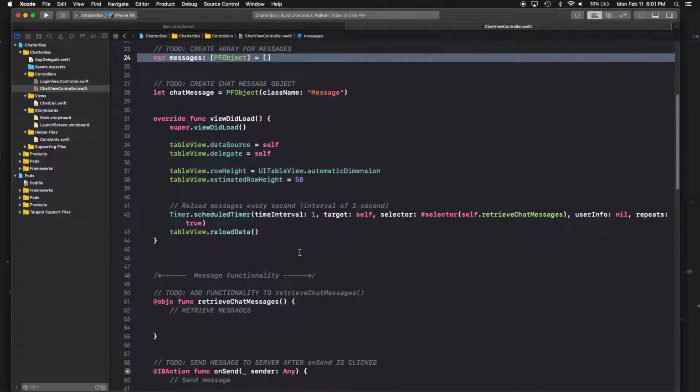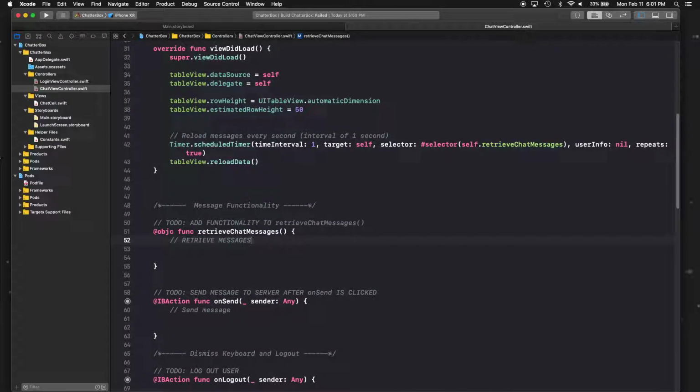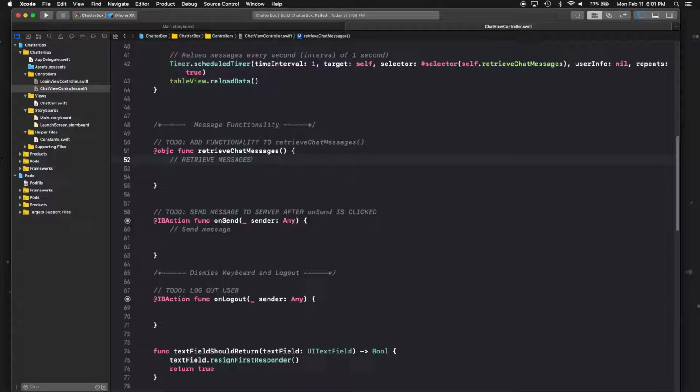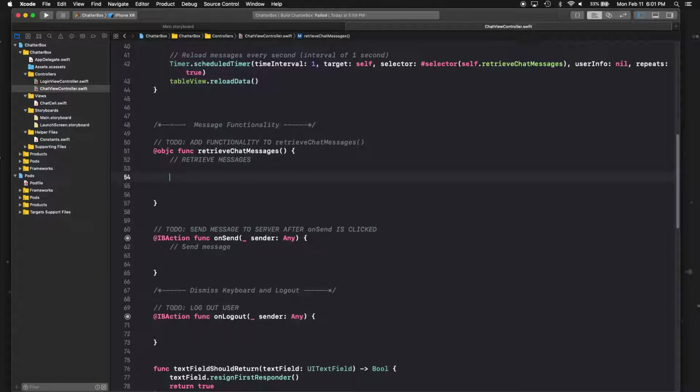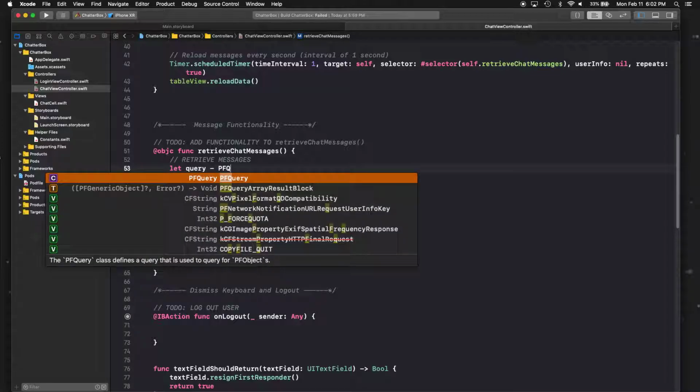But now we need to figure out how we retrieve those messages. So I already added the functions that you guys need to fill out. Let's go ahead and do some querying. This is the fun stuff. Now that you know how to send users to the database, let's get to know how to retrieve stuff from the database. In order to retrieve them, we're going to create a query. I'm going to create an object called query, and it's going to be a PFQuery